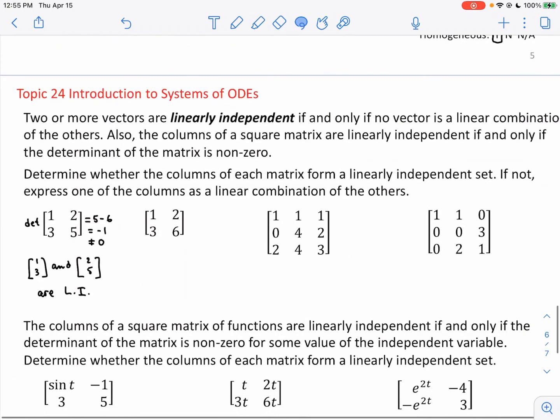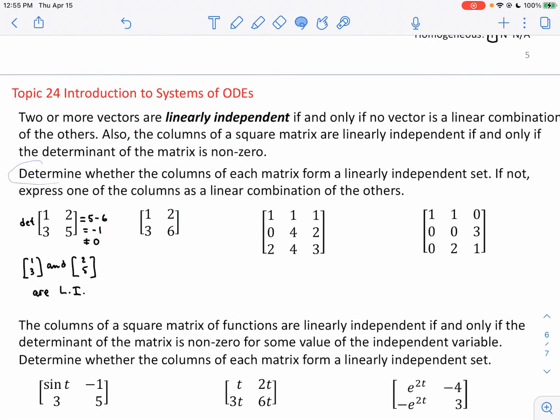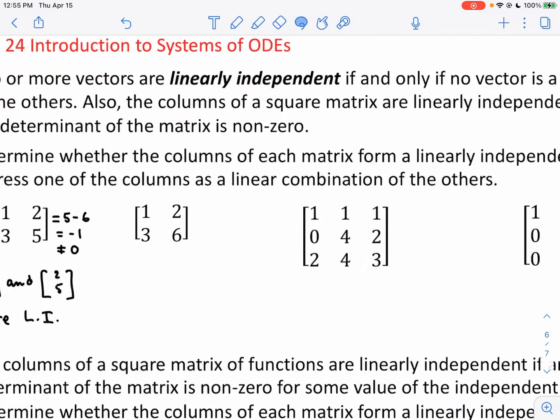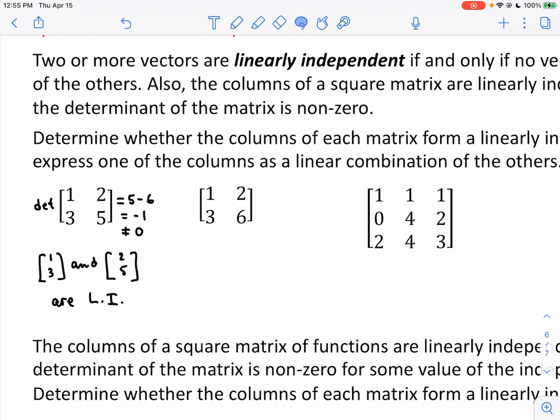Let's make sure we read these instructions too. I kind of went through that quickly. Determine whether the columns of each matrix form a linearly independent set. If not, express one of the columns as a linear combination of the others. Okay, so because we get a non-zero determinant, these are linearly independent, which means it's not possible to write one column